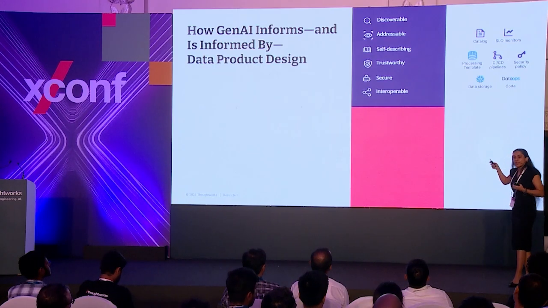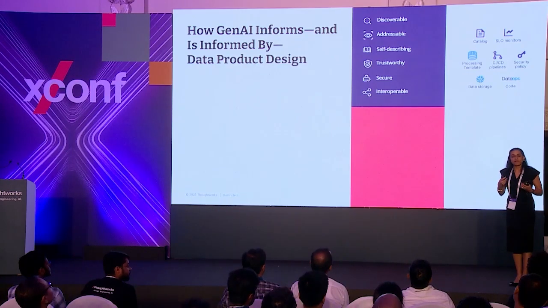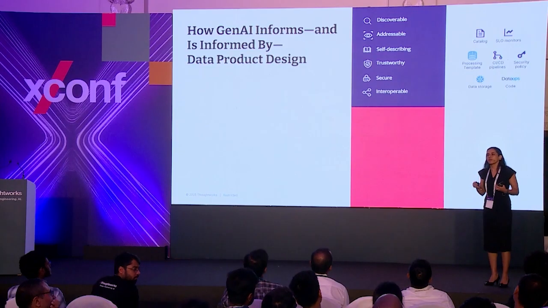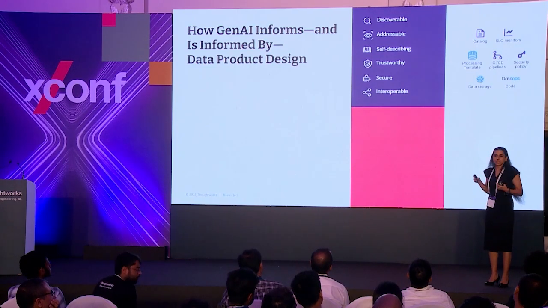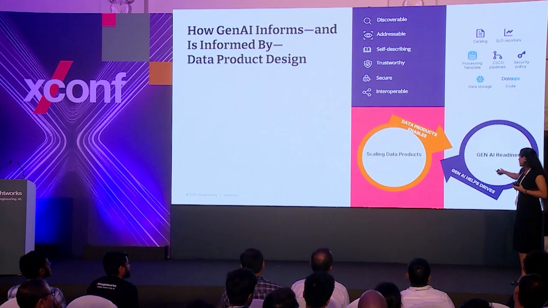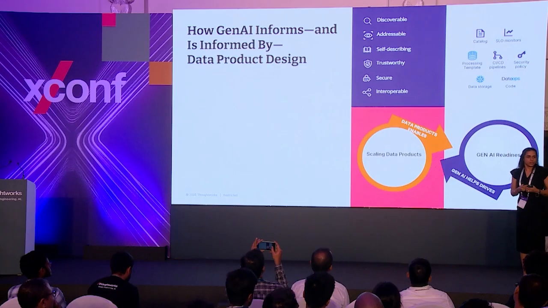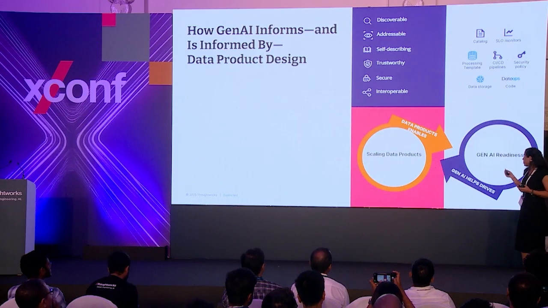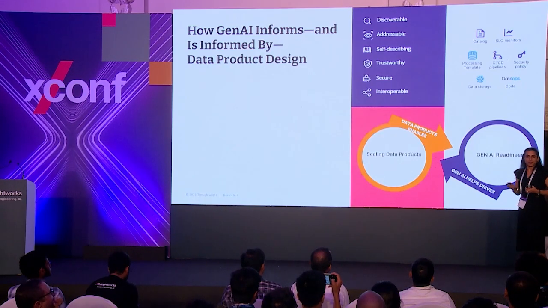Because your data product is following all of these principles, DAXIS, which stands for data products being discoverable. Anyone in the organization, say I am from the finance department, I can go to my platform and say, give me the marketing data for last month. That is discoverable, addressable. It has built-in trust and security. And because of all this, which is paramount for a Gen AI driven application, my data products can help the organization become a Gen AI ready organization. We heard it in tech trends, now we'll show it in practice on how we did it on multiple projects. And in turn, Gen AI can help me scale data products. We'll see how.